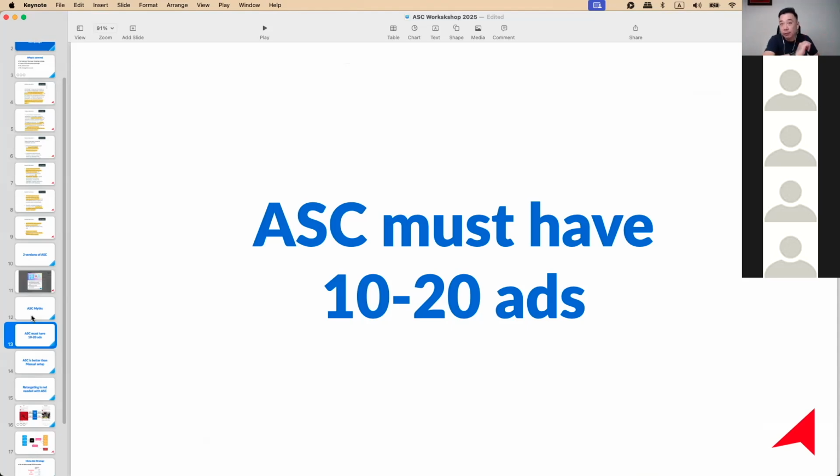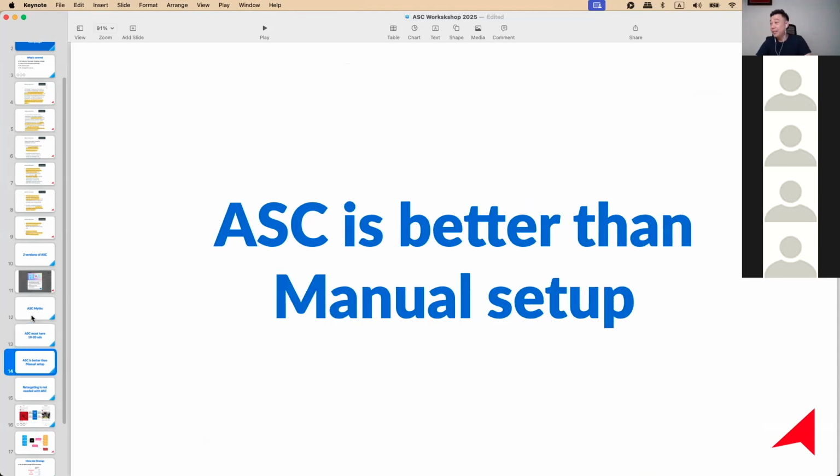I want to be able to keep running them at the budget I want them to be, and continue to get me good results all the way. So that's my whole idea. All right. Now, another myth here is, Meta would say that Advantage Plus shopping campaign is